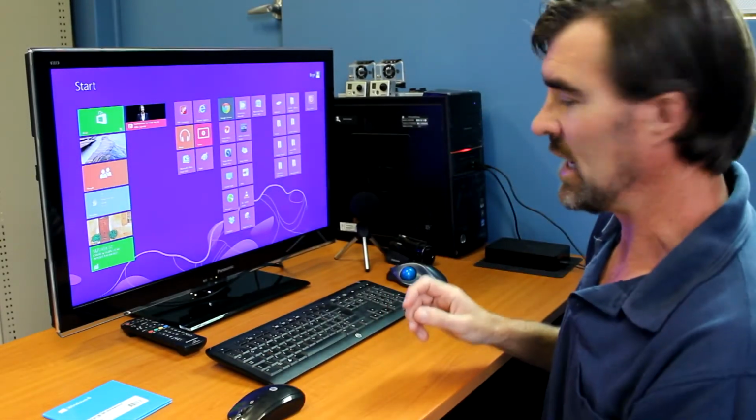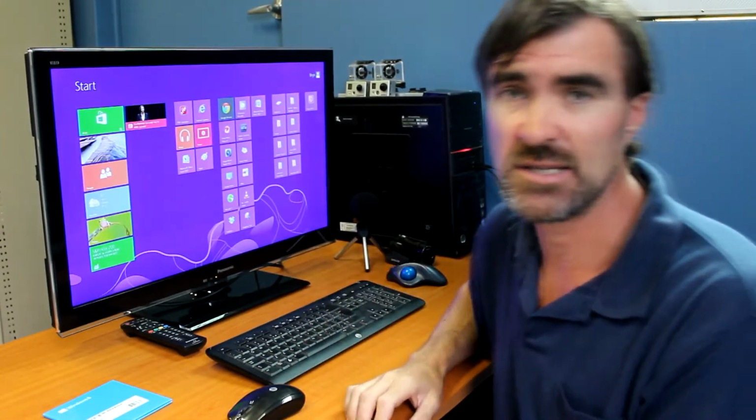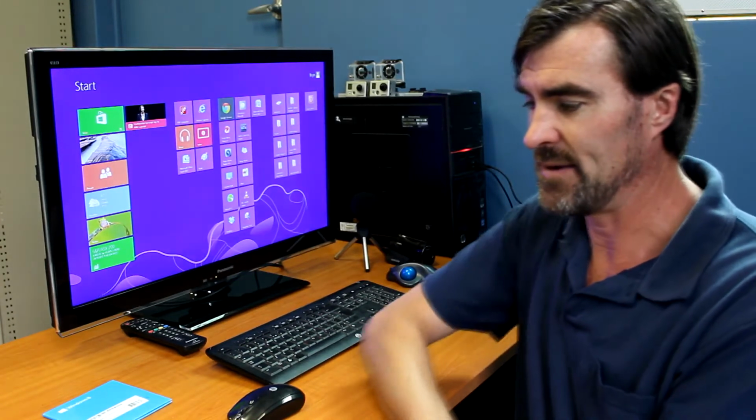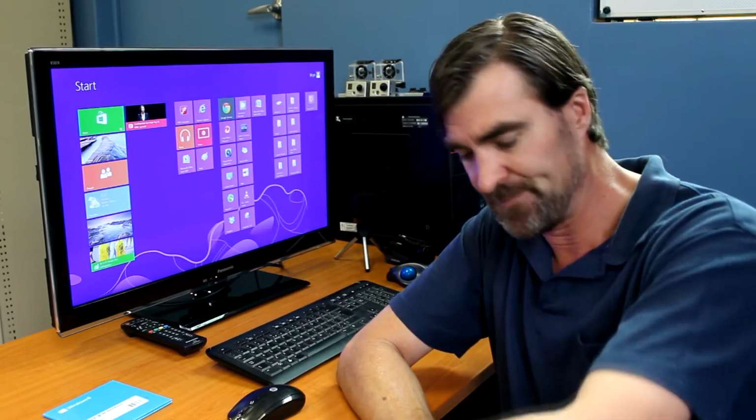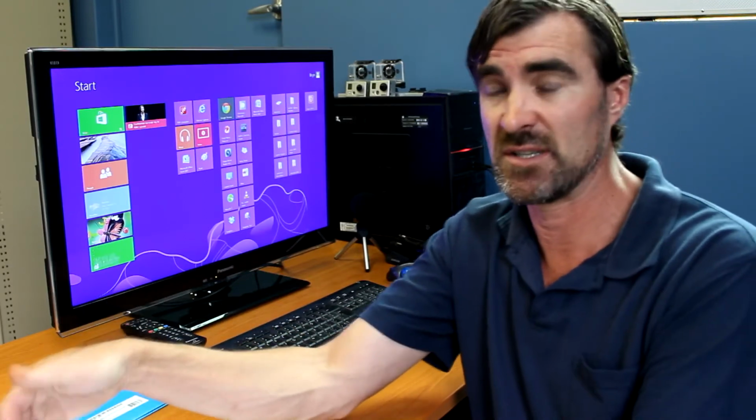So what you do is pop the disc into your drive, and it's going to auto start and search for updates. Eventually you'll enter the product key and agree to the conditions from Microsoft. You'll then be presented with 3 choices. Now I've written some notes down to make sure that I include everything. But the 3 choices are that you can keep Windows settings,